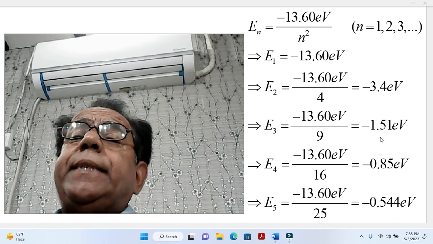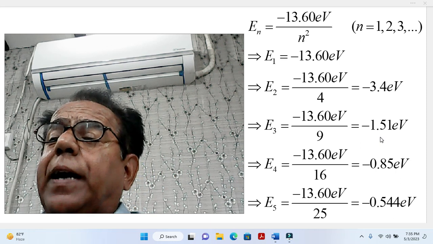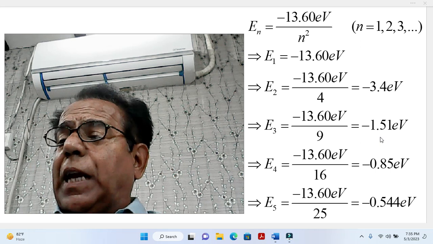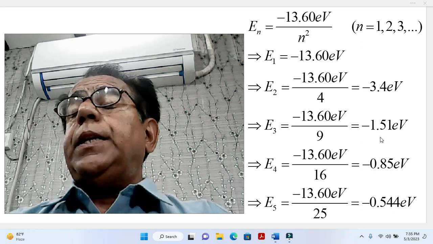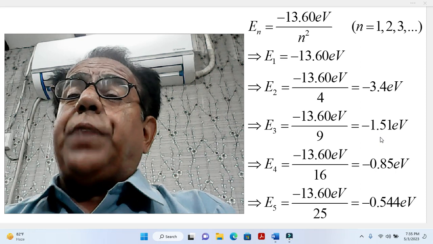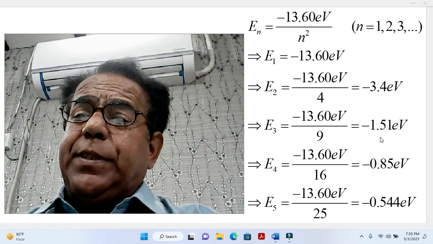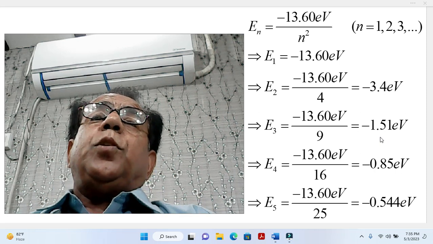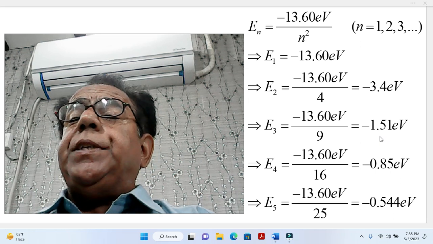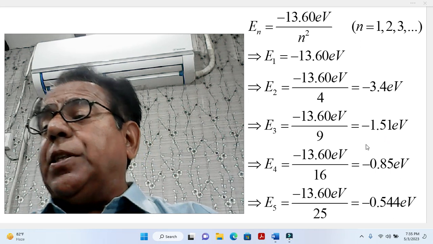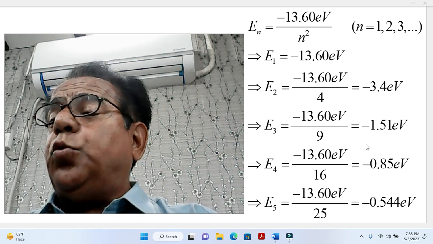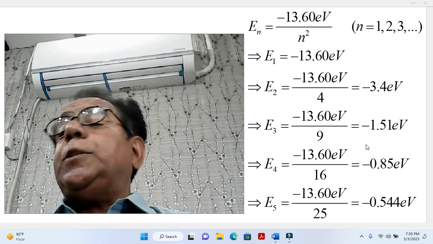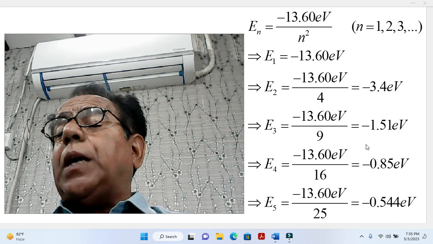is 16th part of E1, and hence E4 is equal to minus 0.85 electron volt. Similarly, for E5, square of 5 is 25 and 25 is in the denominator, so the value of E5 is 25th part of E1 and hence E5 becomes equal to minus 0.544 electron volt. Okay. So dear students, this portion, from E1 to E5,